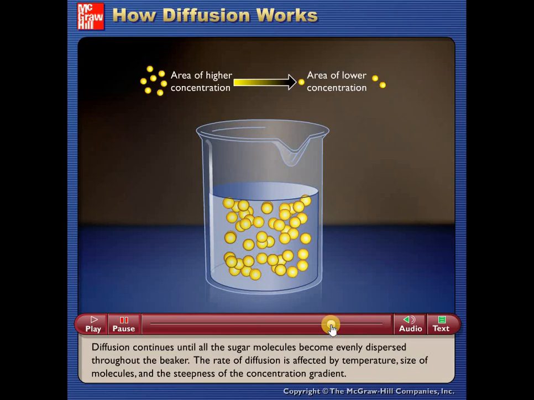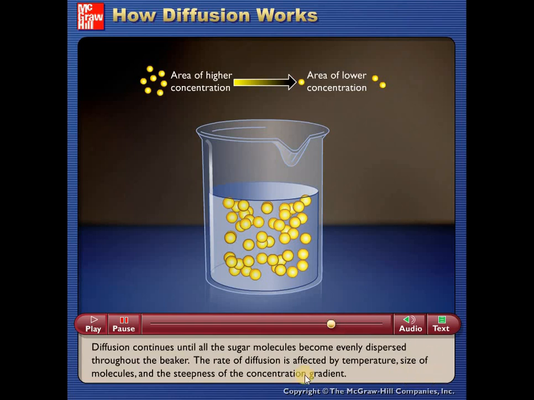So, the higher the temperature, the faster is the rate of diffusion. Directly related. Pag tumaas yung isang factor, tumataas din yung isang factor. So, the higher the temperature, the faster is the rate of diffusion. Pag bumaba naman yung temperature, bumababa din yung rate of diffusion or bumabagal din yung rate of diffusion. So that's it. Directly related sila. Again, the higher the temperature, the faster is the rate of diffusion. The lower the temperature, the slower is the rate of diffusion.